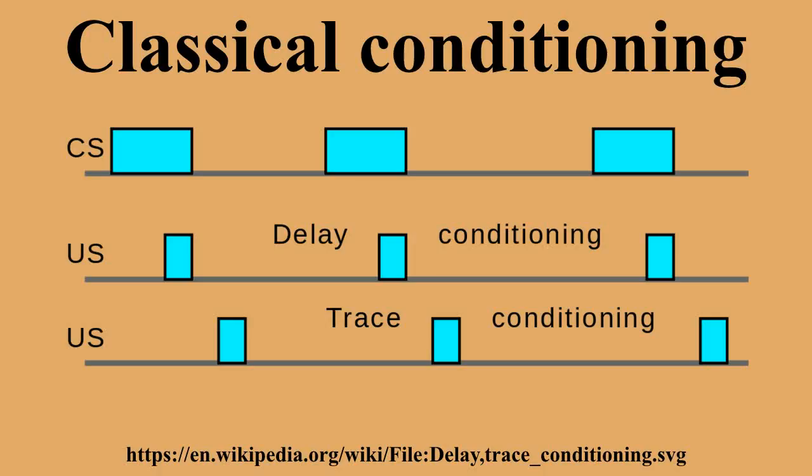Stimulus generalization. Stimulus generalization is said to occur if, after a particular CS has come to elicit a CR, another similar stimulus will elicit the same CR. Usually the more similar the CS and the test stimulus, the stronger the CR to the test stimulus. The more the test stimulus differs from the CS, the weaker the CR will be, and the more it will differ from that previously observed.